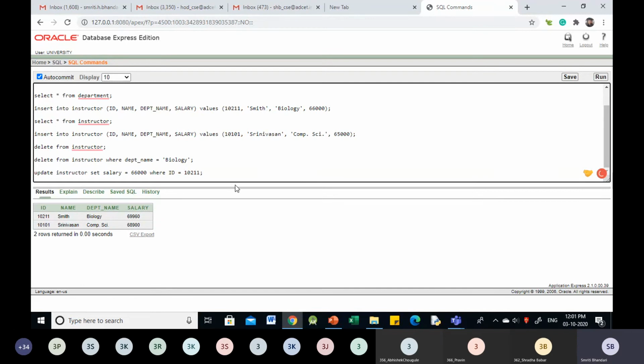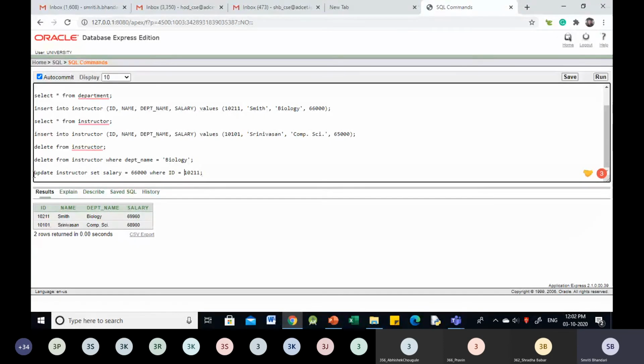Right? Are you getting me? Update instructor set salary equal to 66,000 where ID is equal to 10211. What will this update statement do? It will update the salary to this value, 66,000, only for the record where the ID is 10211.